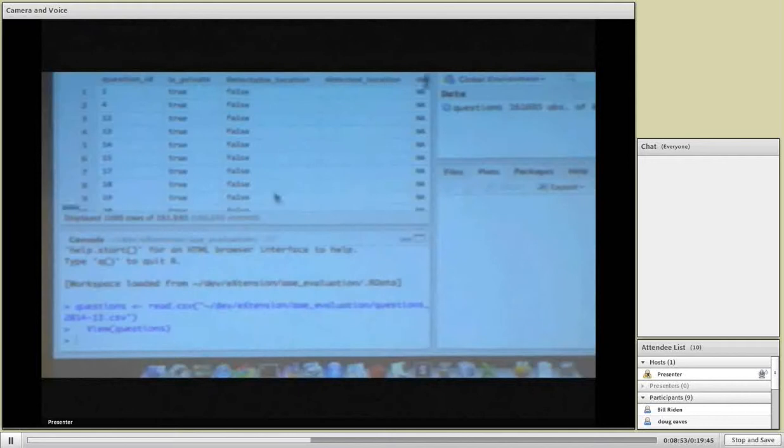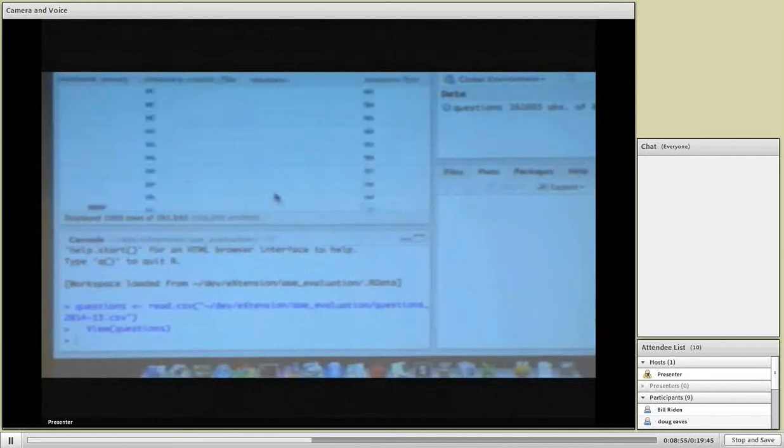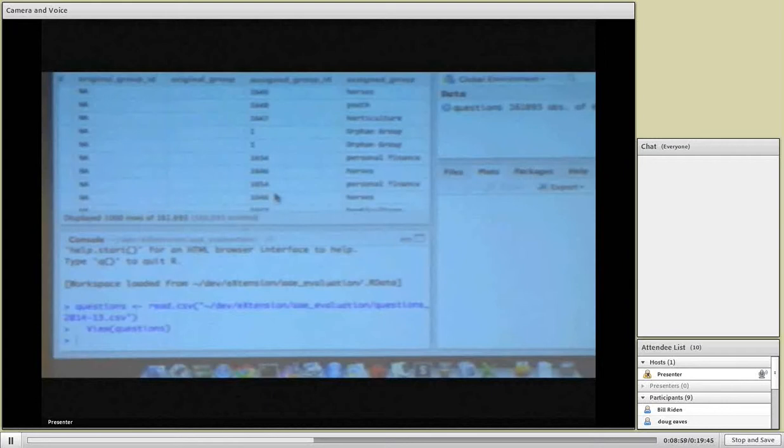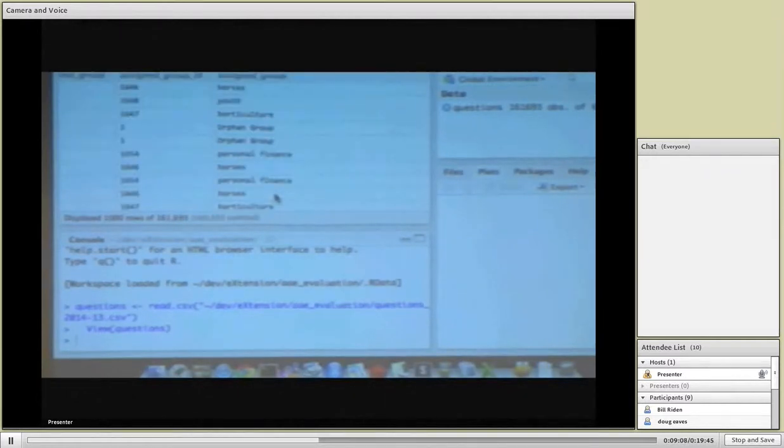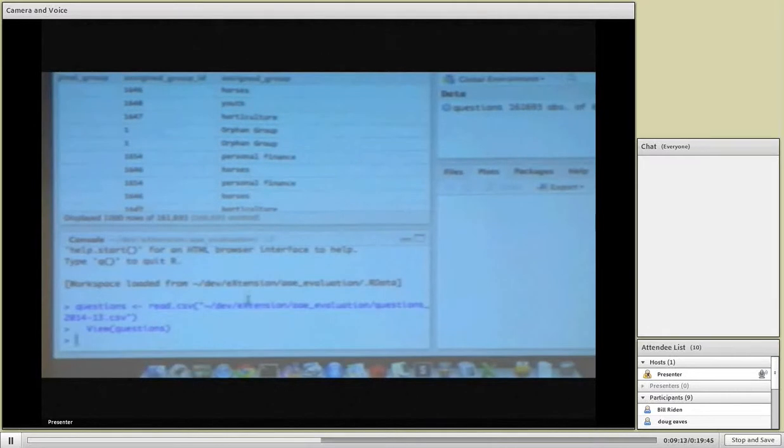And you can see it gave me just a short preview of the data file that loaded, and it loaded 160,000 questions a lot faster and a lot more streamlined than you can do in Excel or even some of the Google tools that are available. And certainly the filtered files by groups and by state and by location are going to be a little bit simpler. But I can do things like take a summary of